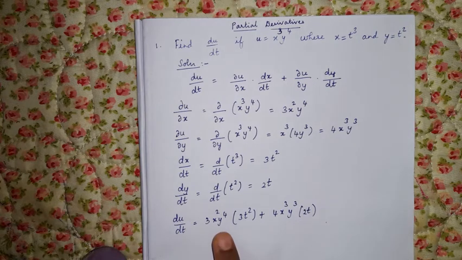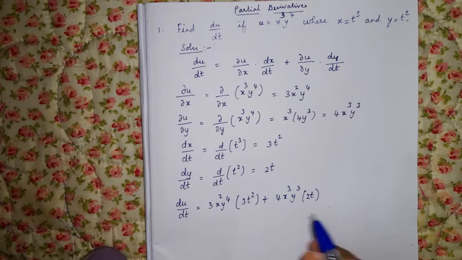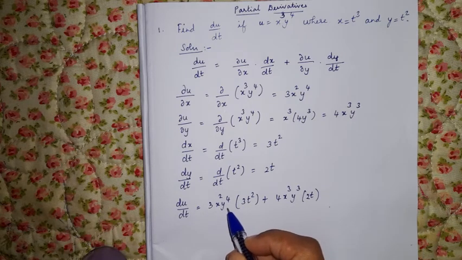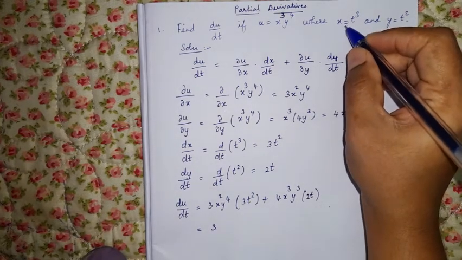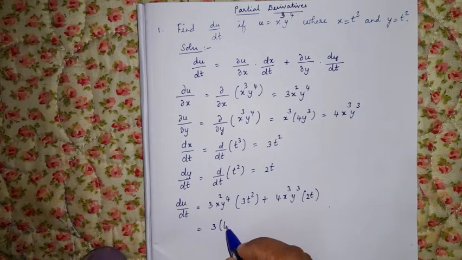Now you can see in this step you have everything as a combination of x, y and t, but you need only du by dt. It means you have to find everything only with respect to t. So just replace x and y terms in terms of t. We know what x is. x is t cube. So instead of x square, you can put t cube whole square.